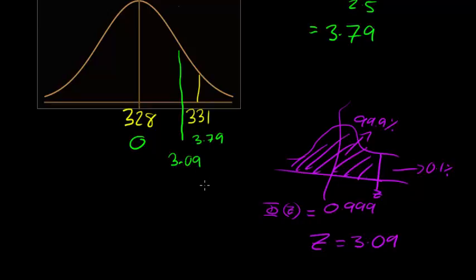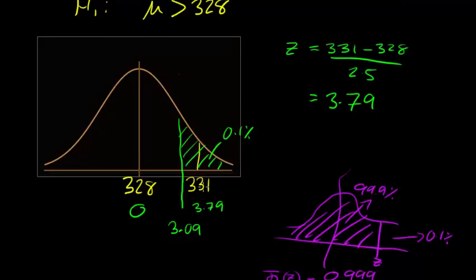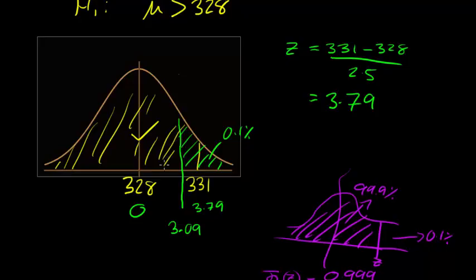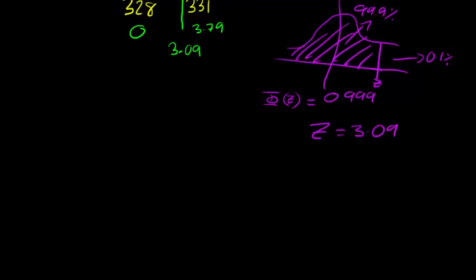So that means this area that I'm highlighting up here is 0.1%. Now clearly you can see that the standardized score 3.79 lies in this area here, which means effectively it's not in my safe zone. My safe zone is anything in this side here that I'm highlighting in yellow. That's safe. Anything on the green side isn't. So my summary is that H0 is now going to be rejected,